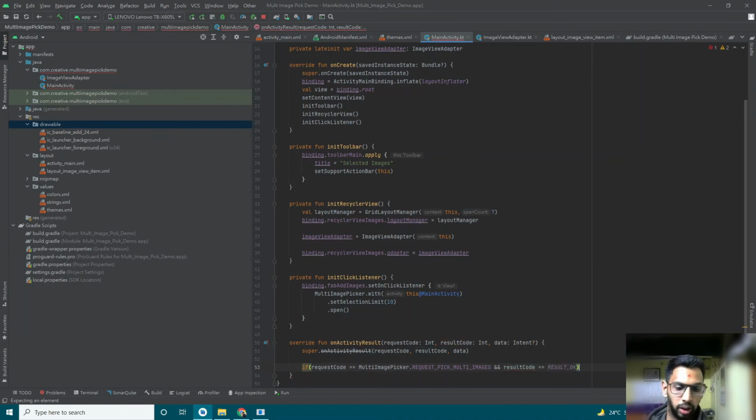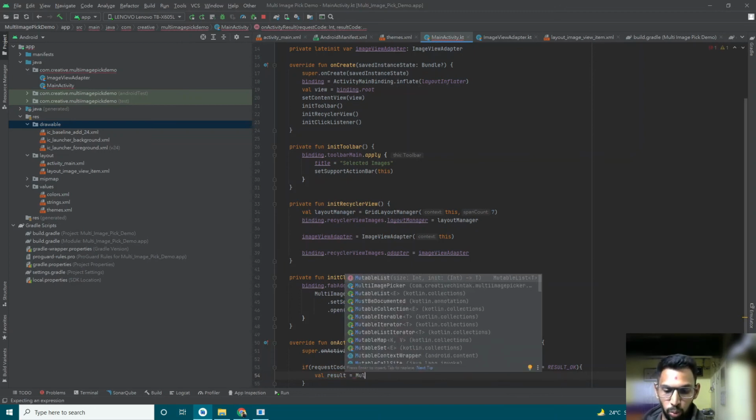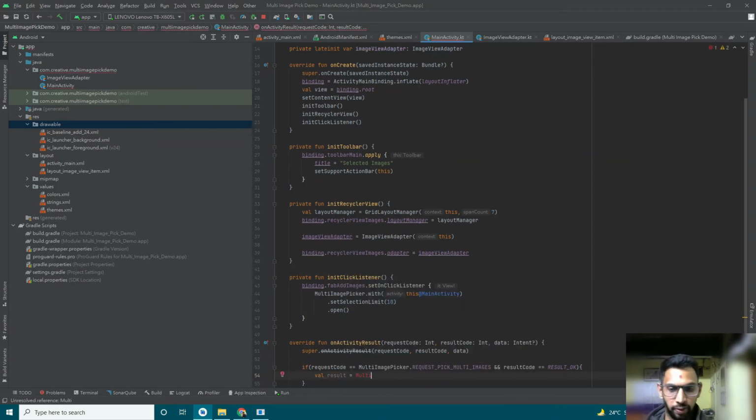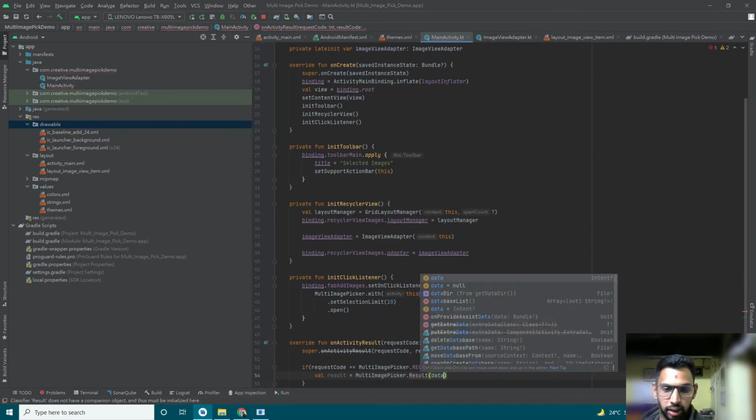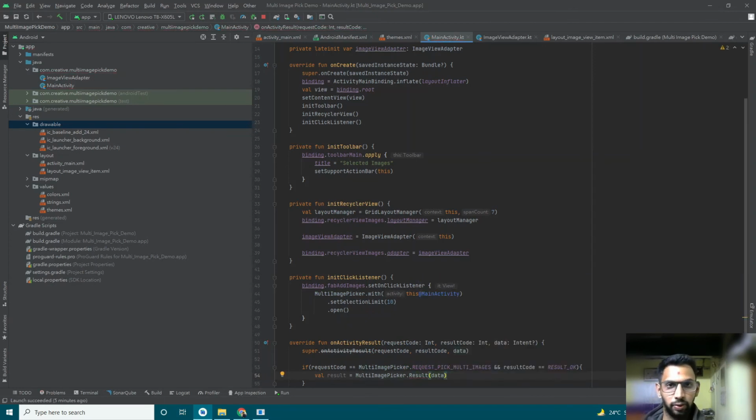So result okay. If this is done, then we have to get a result. So we have to pass the data that we have got as an argument from on activity result, and in this MultiImagePicker.Result class we have to pass that data in the constructor, which will give us an object of result.